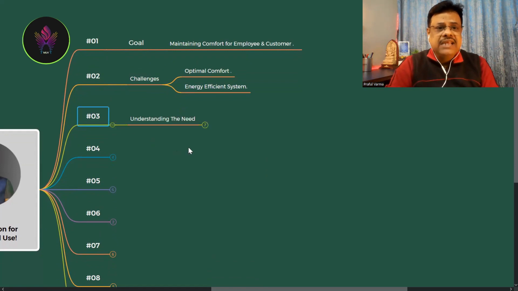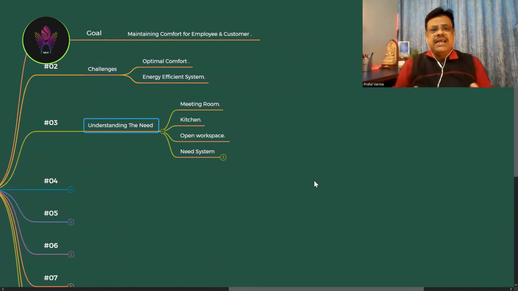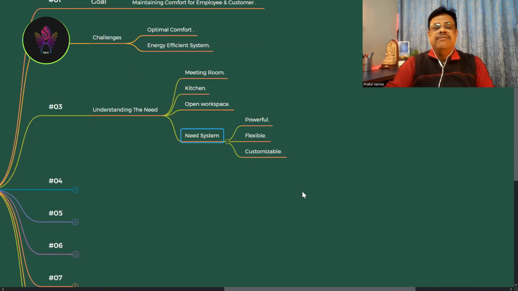Next, we need to understand what exactly we want. When we talk about a bigger requirement, you will need ACs for your meeting room, kitchen, and open area, and you need a system which is powerful, flexible, and customizable. Unlike a residential air conditioner where you get a ready-made product, where we can calculate a thumb rule, like for X square feet we suggest